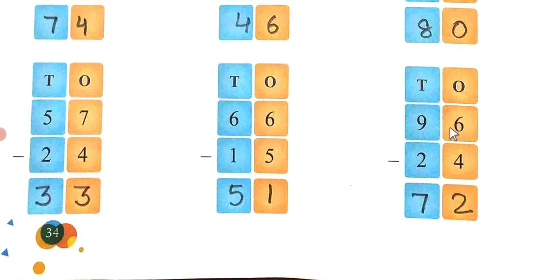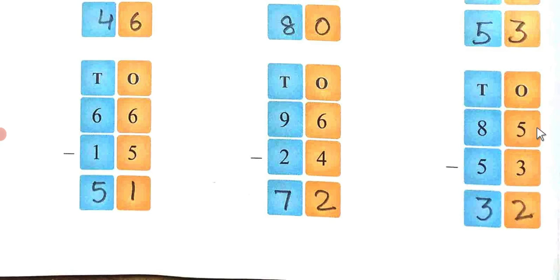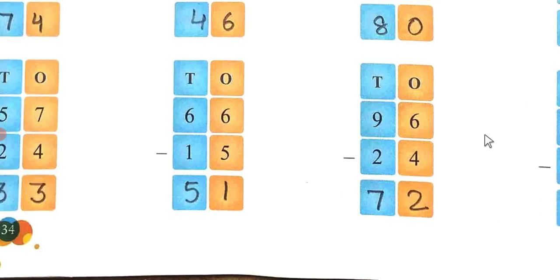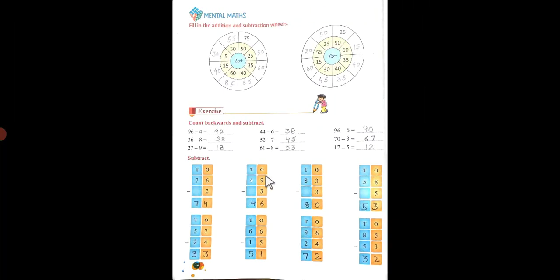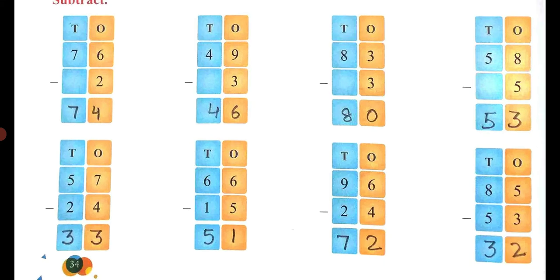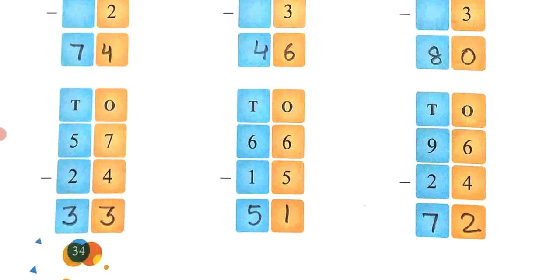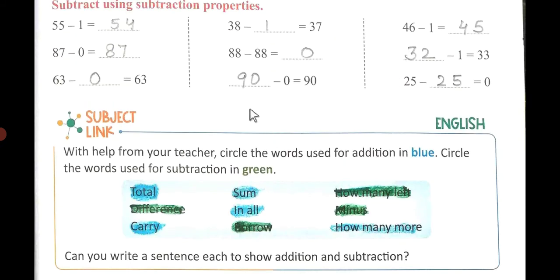So 6 minus 4 is 2 and 9 minus 2 is 7. So here 5 minus 3 is 2 and 8 minus 5 is 3. So I have done the exercise for you. Please do it in your maths book given on page number 34. Here it has been given on page number 34. So let's move on and see the next exercise on page number